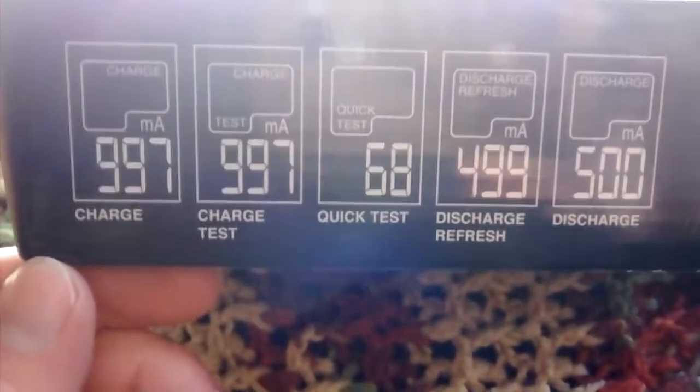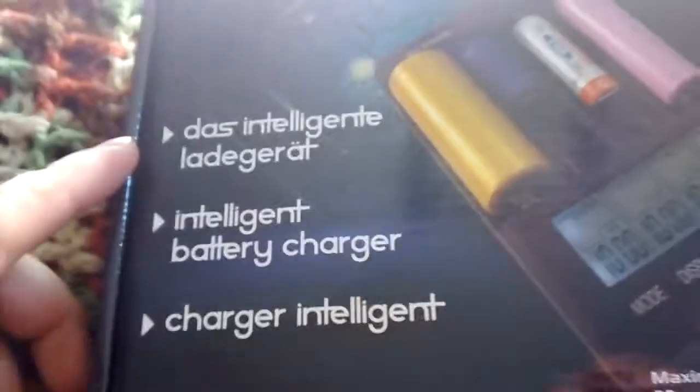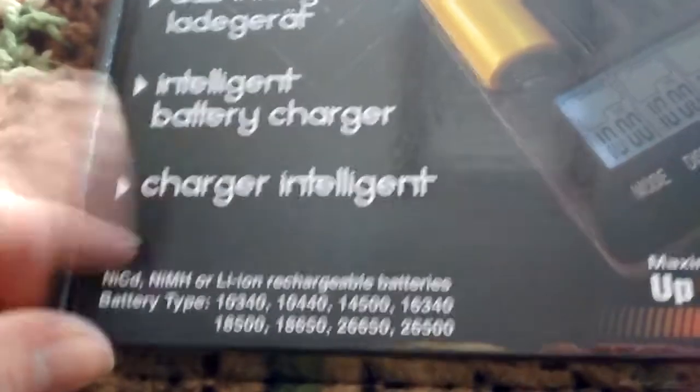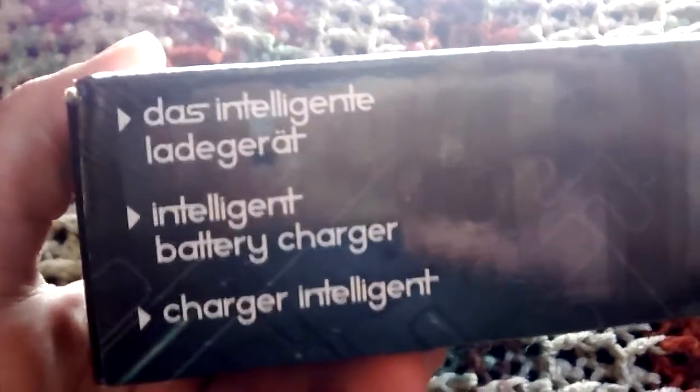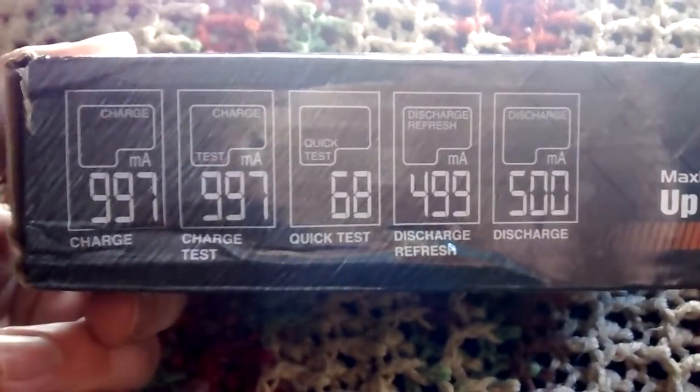So this is outside the box. Let you know what sort of displays you're going to get. Keeps you going apparently. German, English, French. So in the back,